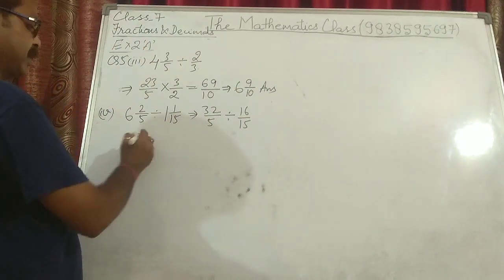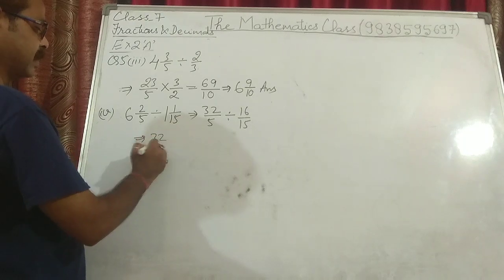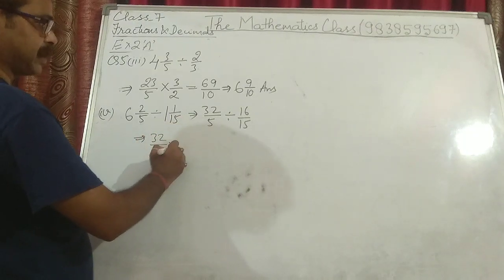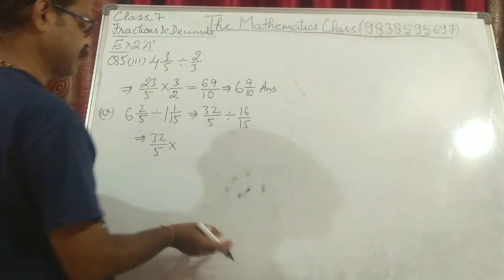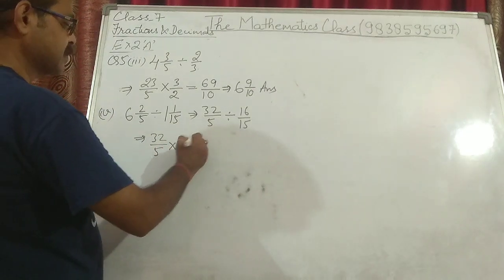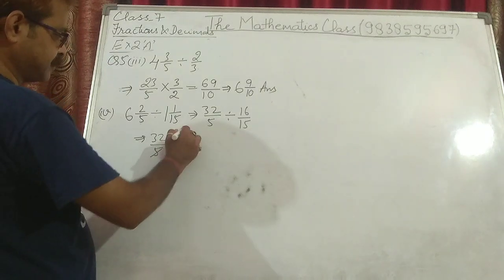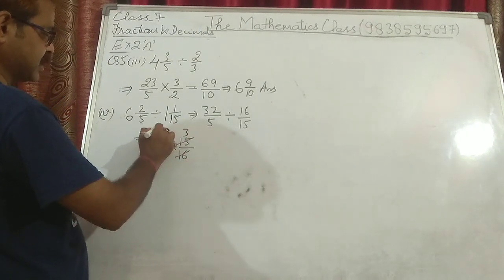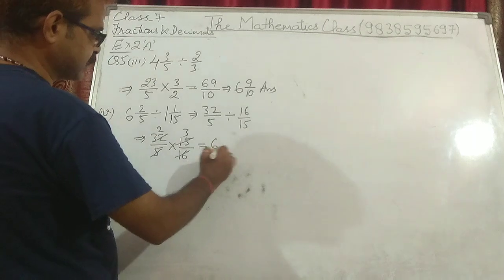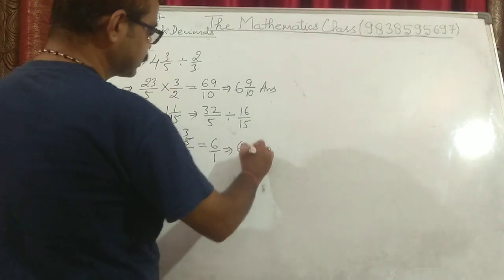Now when you divide, the division sign will convert to the multiplication sign, and this fraction will get reversed. It means 16 upon 15 will become 15 upon 16. Now 5 threes are 15, 16 twos are 32, 3 into 2 is 6 upon 1, or simply 6 is